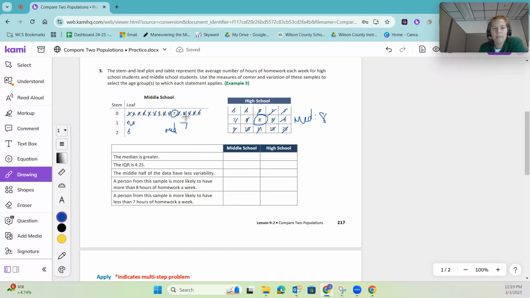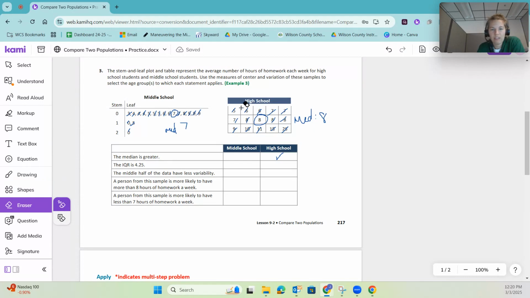Okay, so the median number of hours studied for the middle schooler is 7. The median number for high school is 8. So it is greater for the high school. Okay, and then the interquartile range is 4.25. So we can actually see here